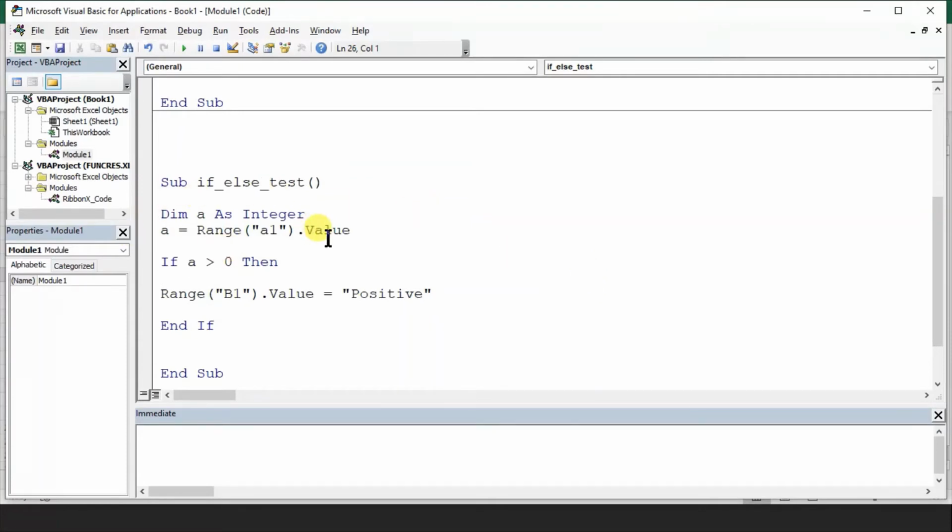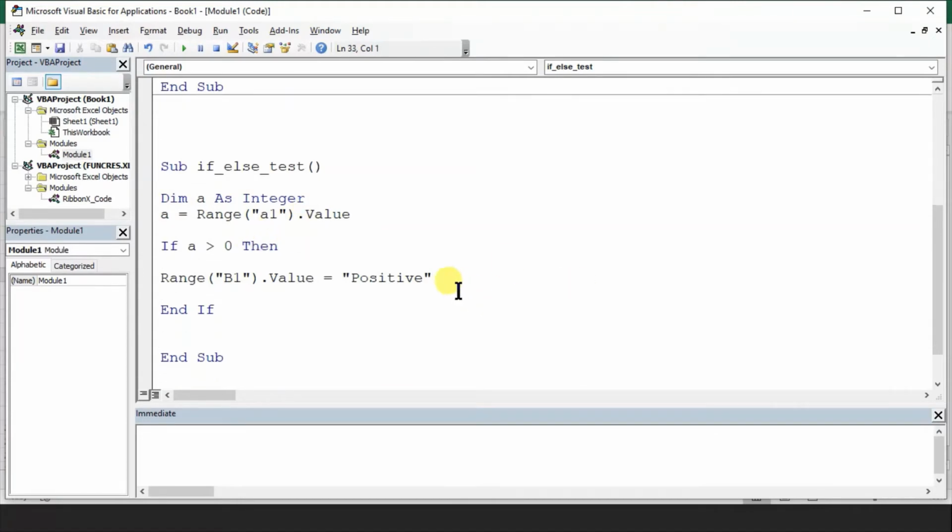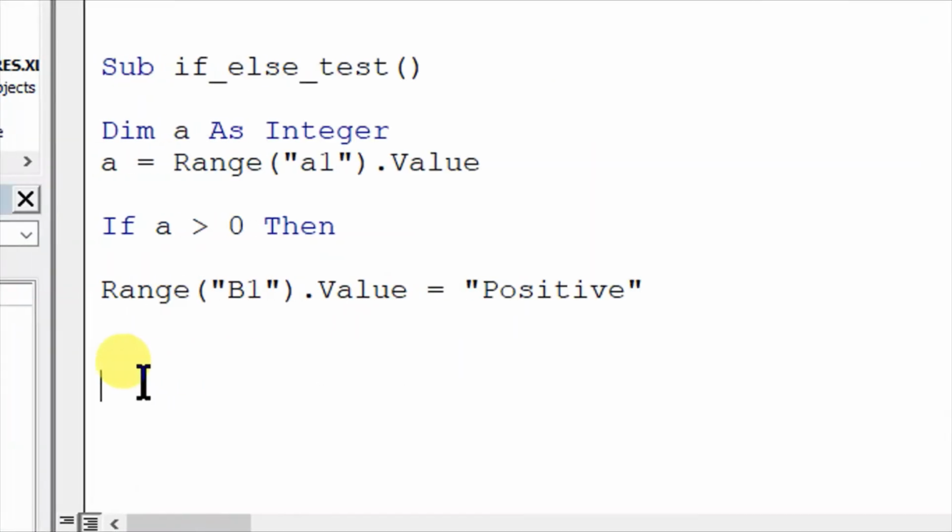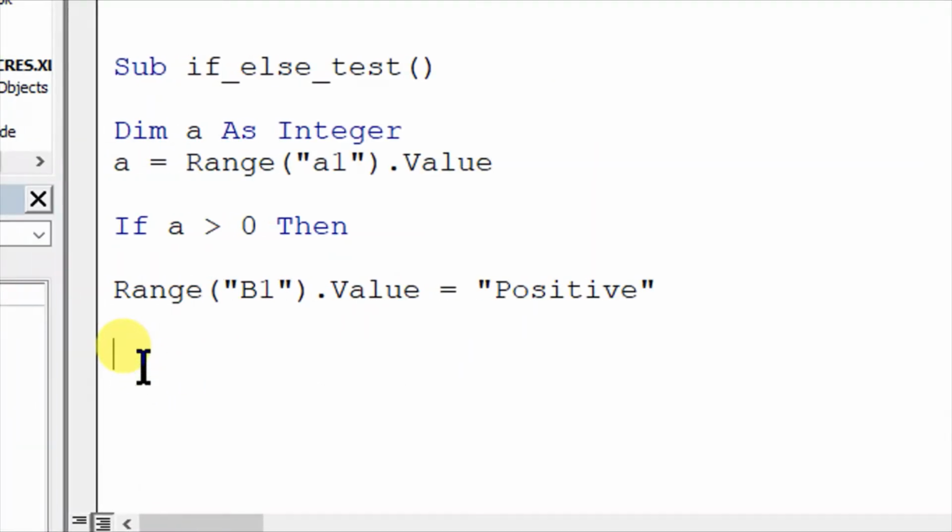Now I have a program which says if A is greater than 0, do this. Now I say if A is greater than 0, then this. Now I introduce the else part. Else, right? Negative.